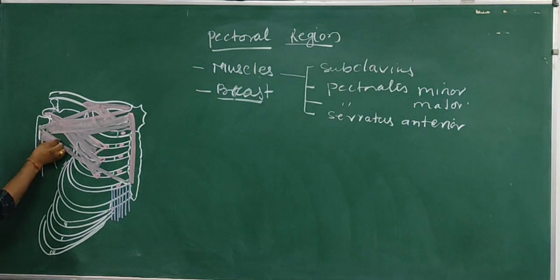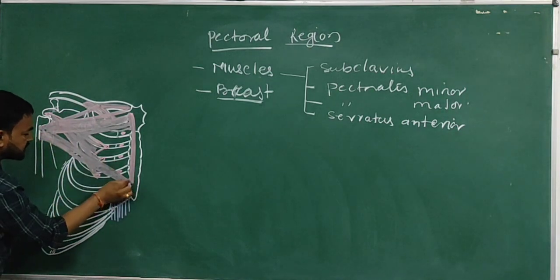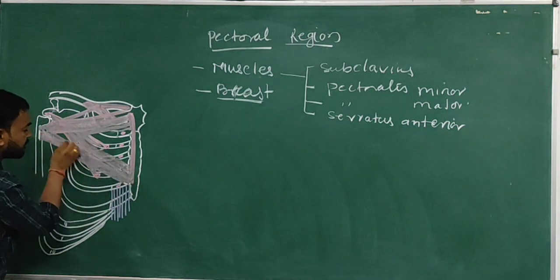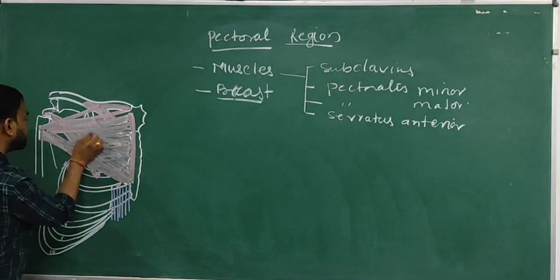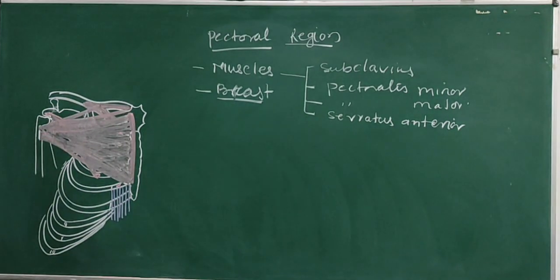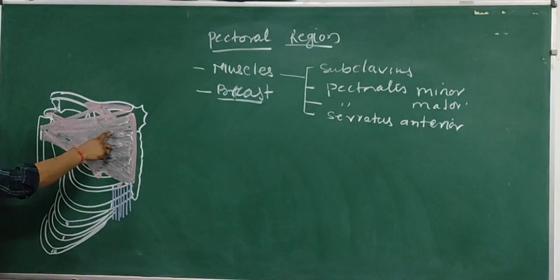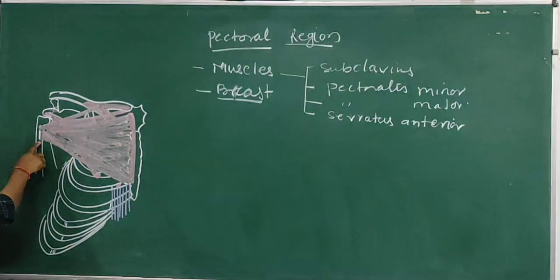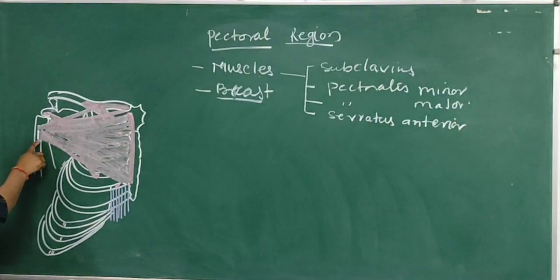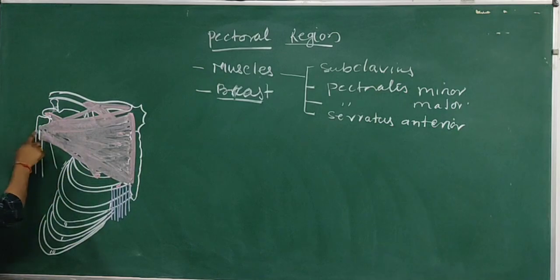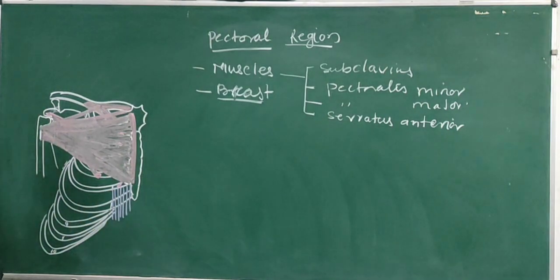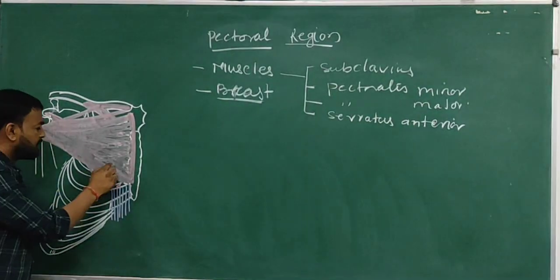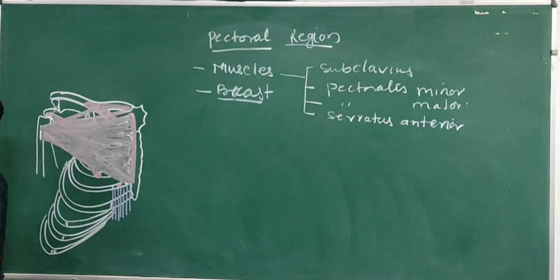The lateral lip of the intertubercular sulcus. So this is the pectoralis major muscle. With the twisting of the posterior head of the pectoralis major muscles. How is it twisting? The upper fiber of the pectoralis major muscles insert at the lower part of the lateral lip, and the lower fiber inserts at the upper part of the lateral lip. So this is the pectoralis major muscles. The nerve supply is the medial and the lateral pectoral nerve. Again, it is branched from the medial and the lateral cord of the brachial plexus.